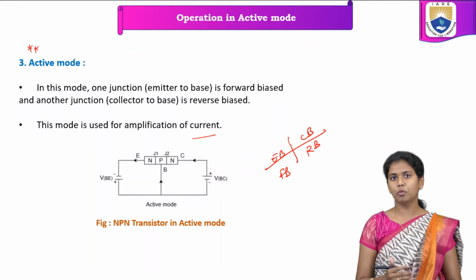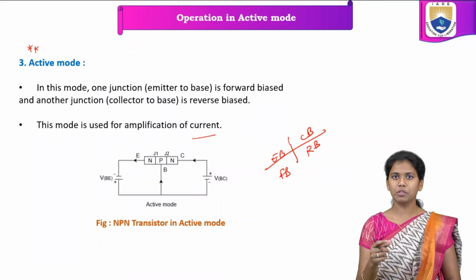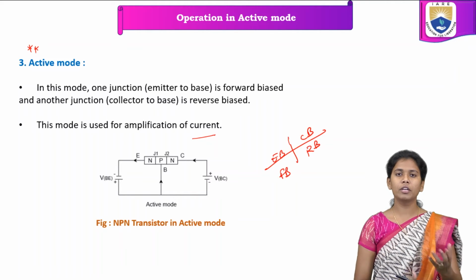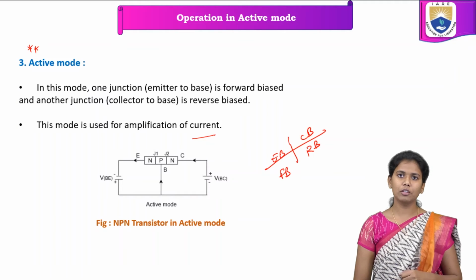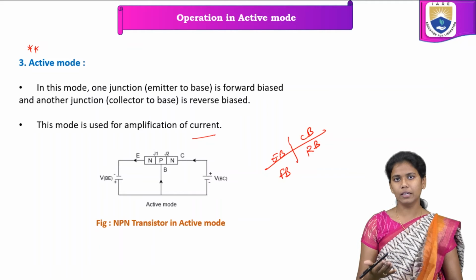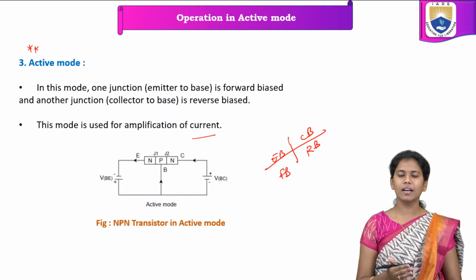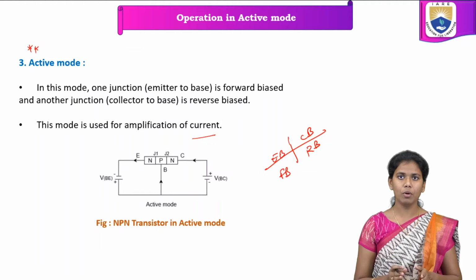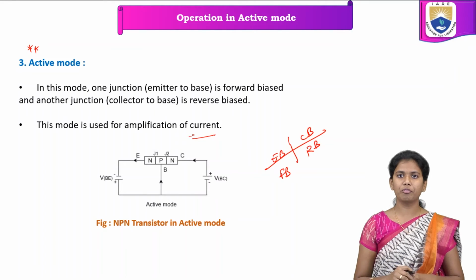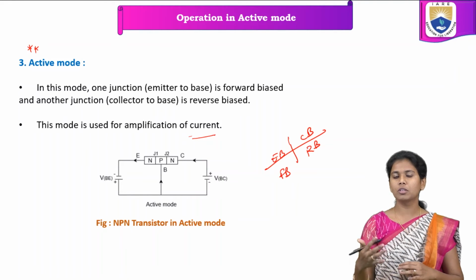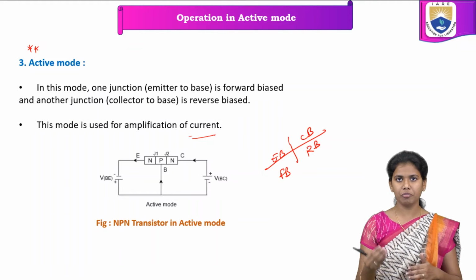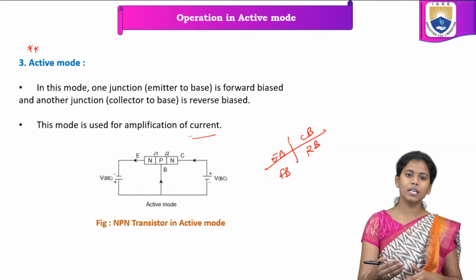So in cutoff mode, we say that it acts as a switch off state, right? So for switch off applications, we can consider this cutoff mode, the BJT in cutoff mode. Whereas in saturation mode, we say that the switch is in on state. So for switch on applications, we can consider this saturation mode of operation. And in the active mode, we have the amplification of current. So applications that come under the amplification of current, we can directly consider the BJT